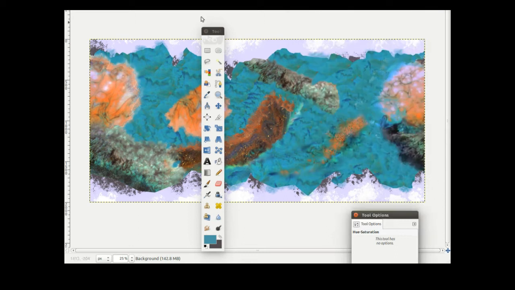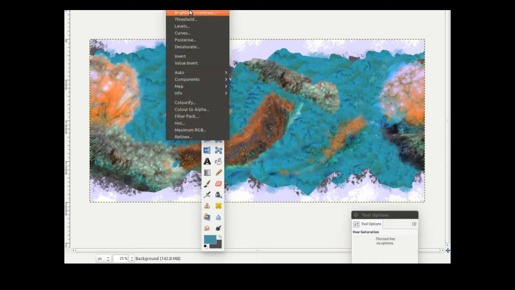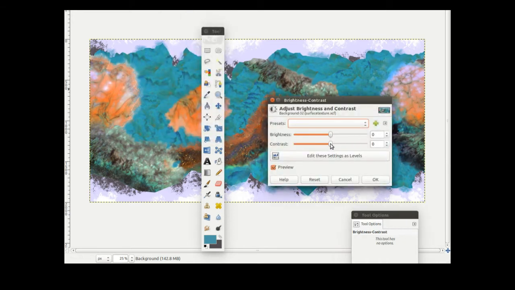That's okay. And look at brightness and contrast. Will it help if we take the contrast up? No, not particularly. If we reduce it, no, not particularly. So I'm going to cancel that